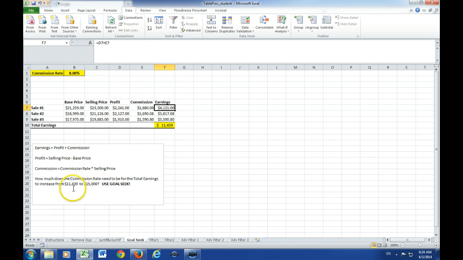Now you may take a look at it like this. Then the question is, how much does the commission rate need to be for the total earnings to increase from the current 11,439 to 15,000? So what should the commission rate be to achieve the earnings, for the three salespersons' total earnings to be